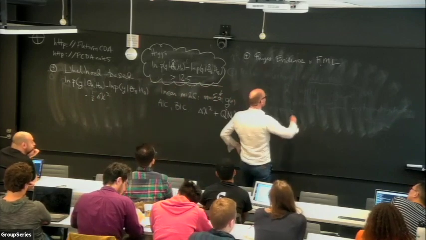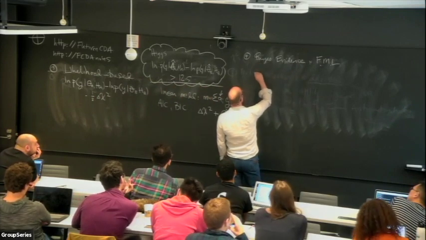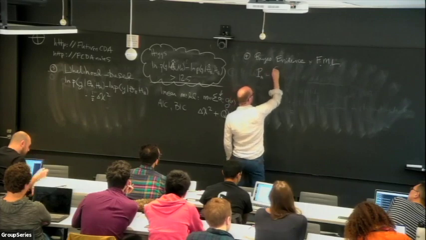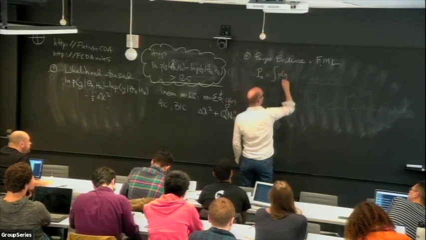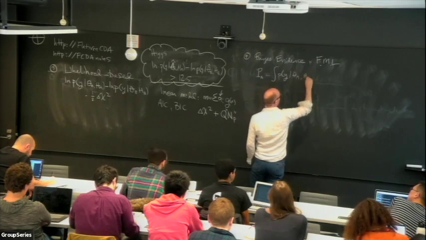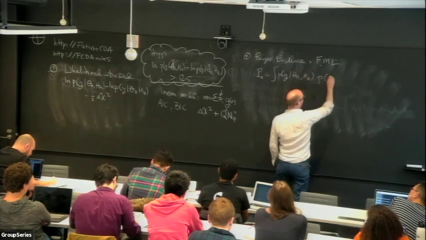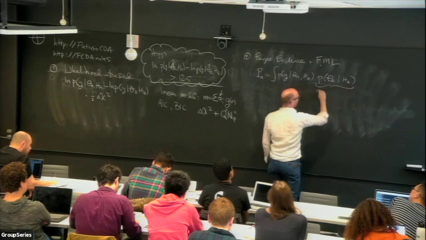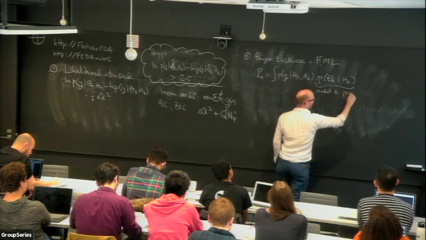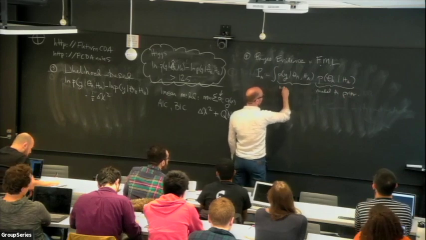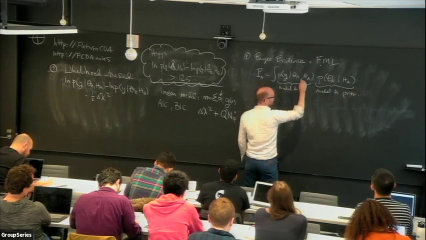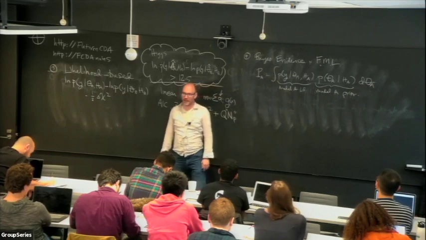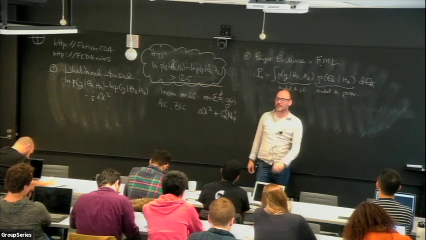So what does this look like? You compute something which I will call P_A, which is the integral of P of y given theta_A and H_A, times the prior on theta_A given H_A. So this is the model A prior, and this is the model A likelihood function, and you integrate d theta_A over the whole domain of theta_A. And this integral,